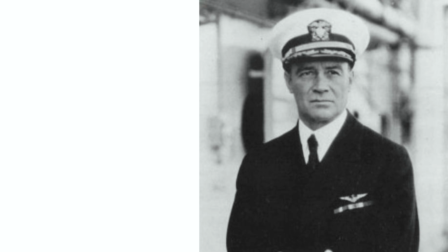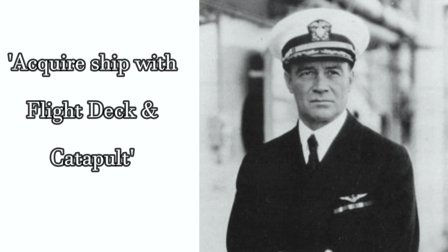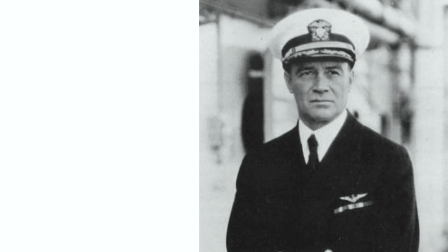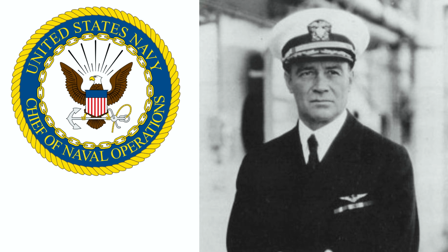Since 1916, Lieutenant Kenneth Whiting had been advocating plane carriers for the US Navy, but had not enjoyed any political support, having his proposal to acquire a ship with flight deck and aircraft catapult officially rejected on June 20, 1917. After the war, however, newly promoted Lieutenant Commander Whiting was assigned to the Chief of Naval Operations in Washington, D.C.,